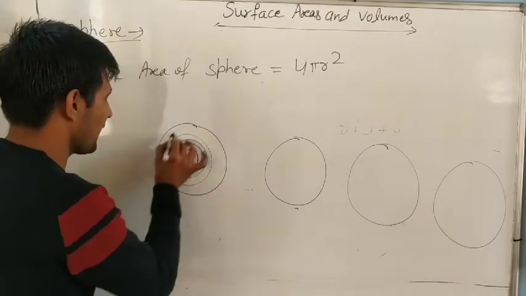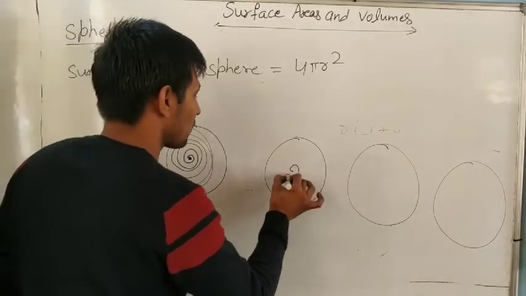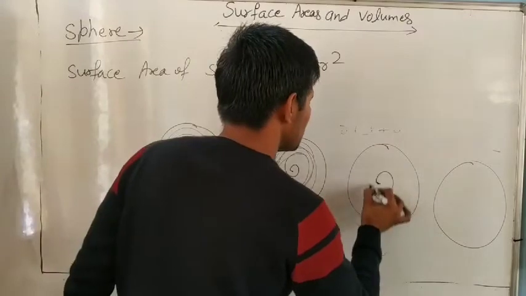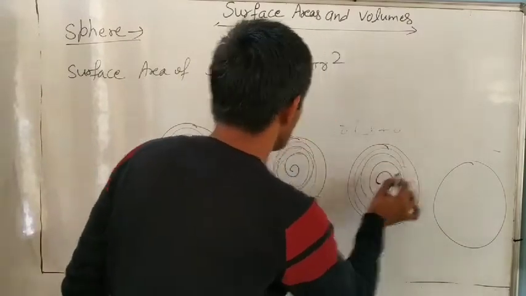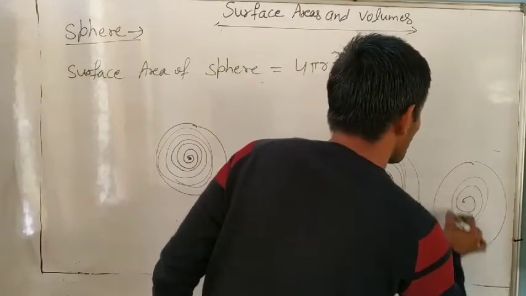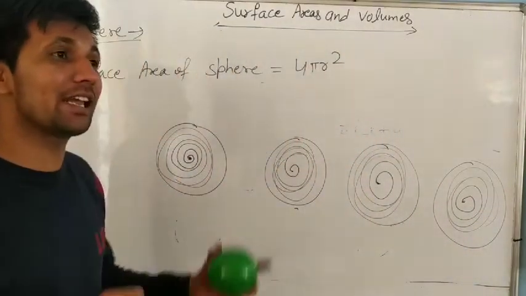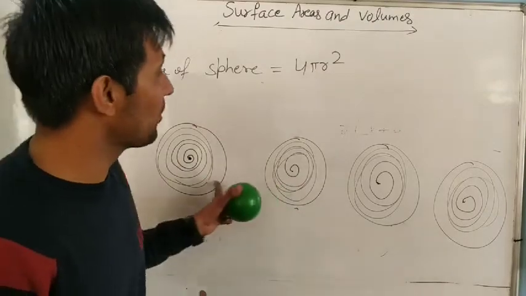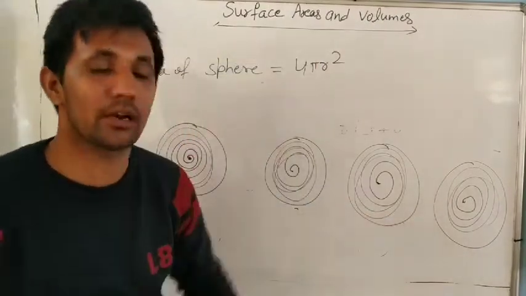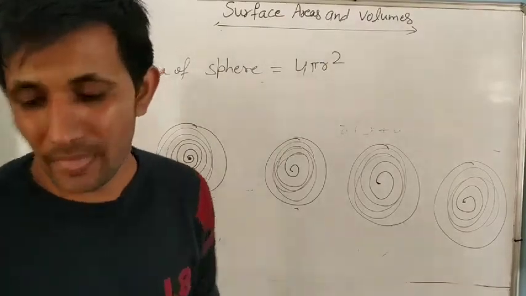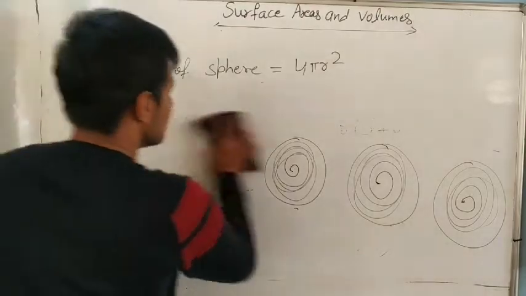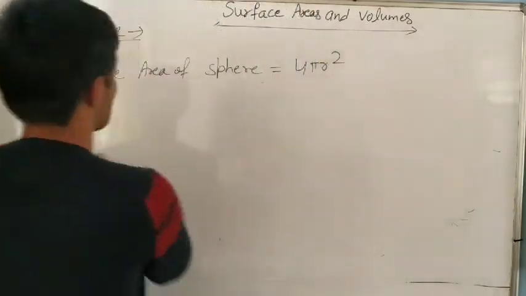The rope like this one, and this rope will fill these 4 circles completely. Don't give any gap in the rope, okay, like this one. So 4 circles. By the same rope length, how many circles fill? 4. So area of one circle is pi r square, so area of 4 circles is 4 pi r square. Okay. So this one is the proof. Next is, so always remember lateral and the total is same.